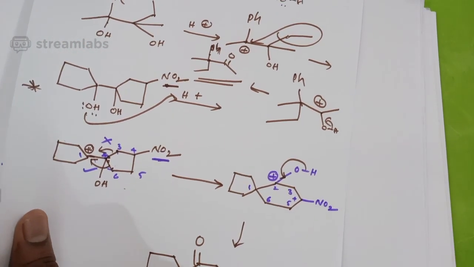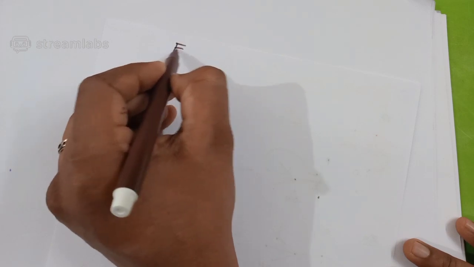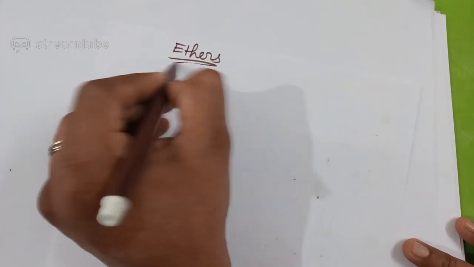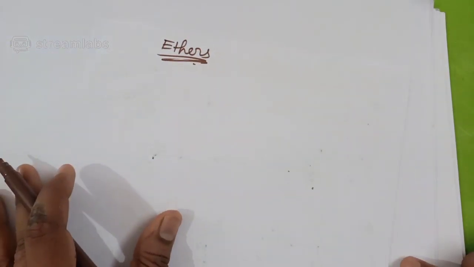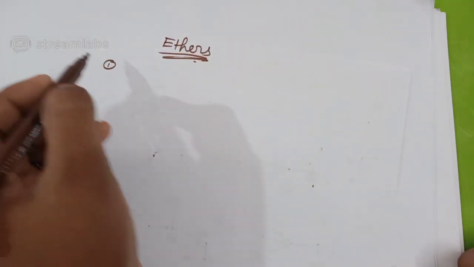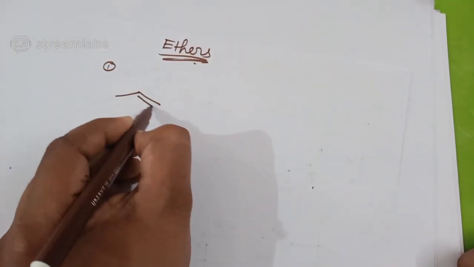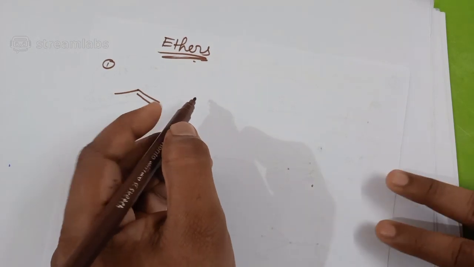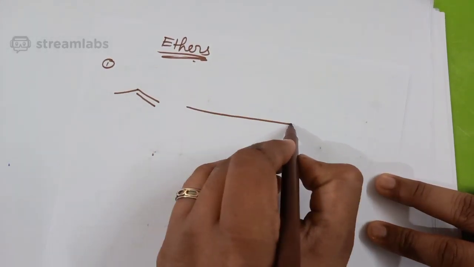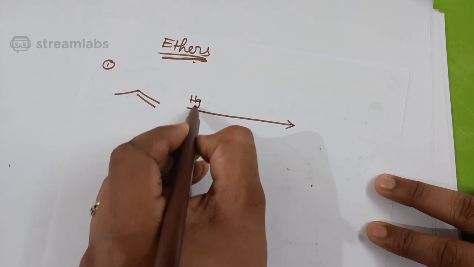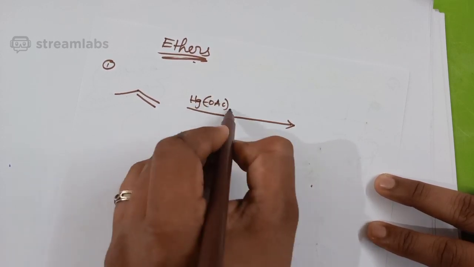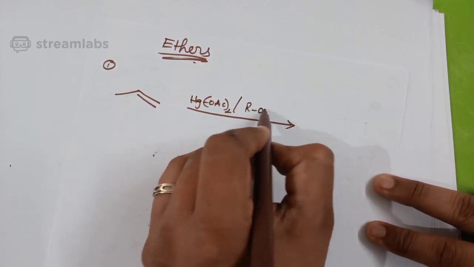So this part I wanted to tell you from this alcohol chapter, and we'll go to ethers. In there, first one, preparation, important ones only I'm discussing. Williamson synthesis I'm not discussing, you know it already. I'm taking Hg(OAc)2 with alcohol,